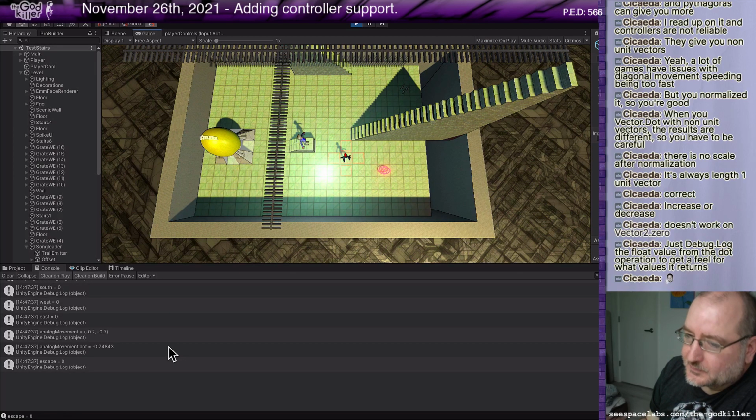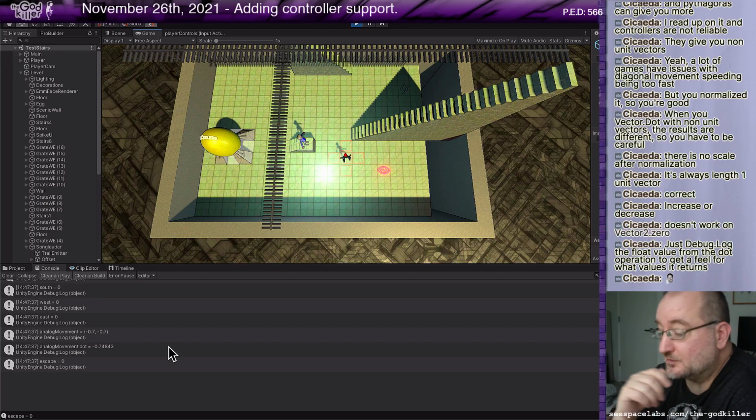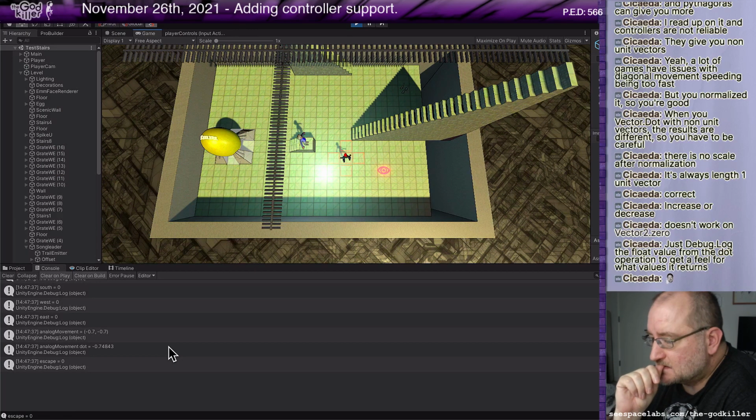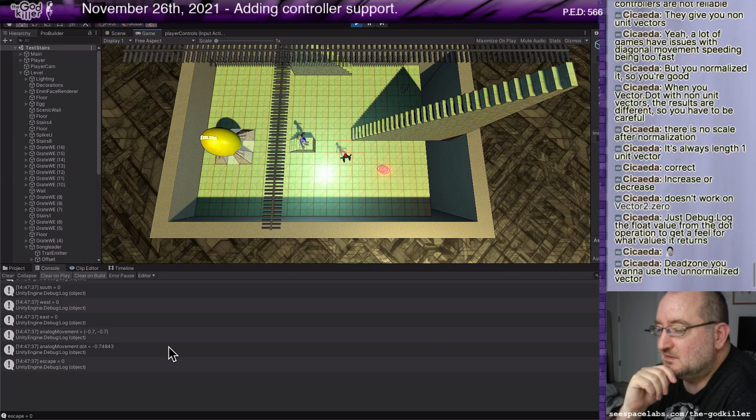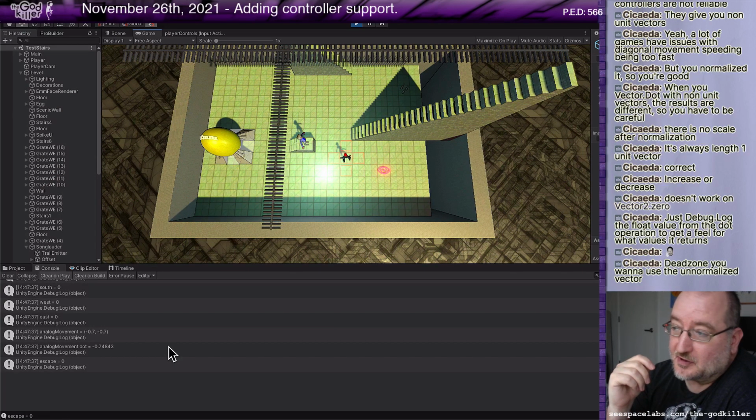Okay, so I could implement a dead zone based on the dot product. I could say we are not accepting inputs today. I didn't mean like a dead zone processor. I meant like the concept of a dead zone.